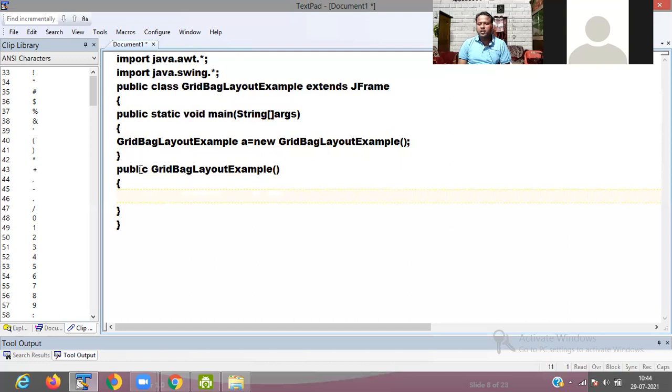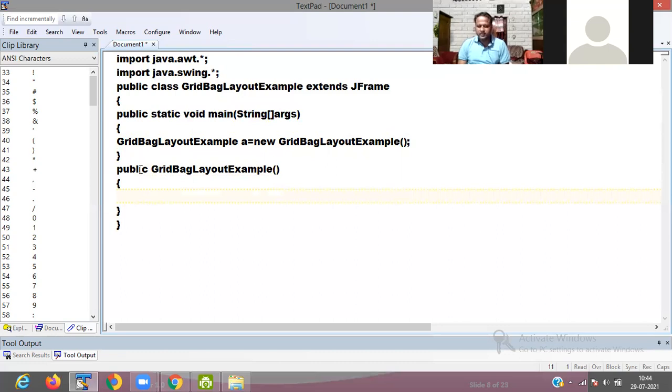Then I use an object of the GridBagLayout class. There is one predefined class present, that is called GridBagLayout.